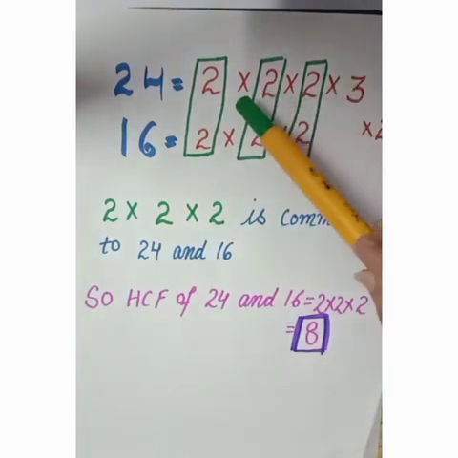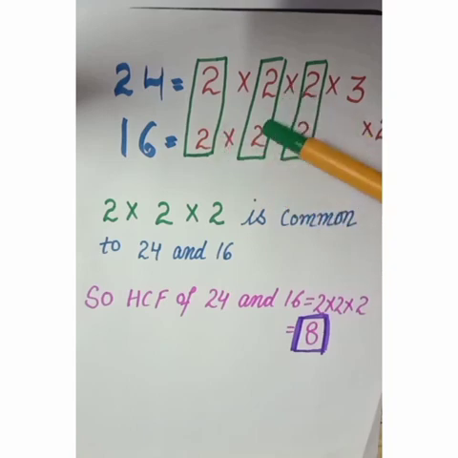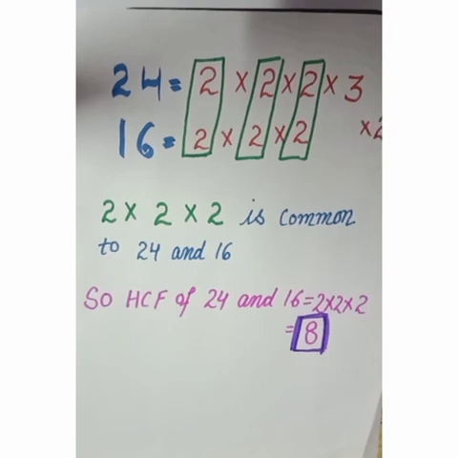So for 24 we wrote the factors, and we wrote 2 below the 2 for 16, 2 again below the 2 and 2 again below the 2. In 16 we had another factor 2, but we cannot write it below the 3 because you have to write the same digit below the digit. Now 3 and 2 are different numbers, so I will write it separately. So now we will make pairs from 24 and 16 which are common. Both the 2s are common here.